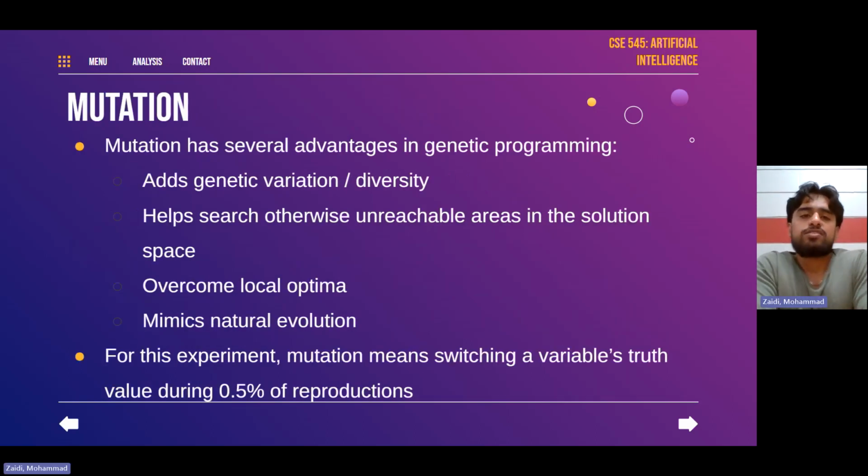Mutation. And so mutation has several advantages. It adds genetic variety and diversity. It helps search otherwise unreachable areas in the solution space. We overcome local optima, and it mimics natural evolution. So for this experiment, mutation means switching a variable's truth value. So if it's true, we go to false. If it's false, we go to true, and that's a